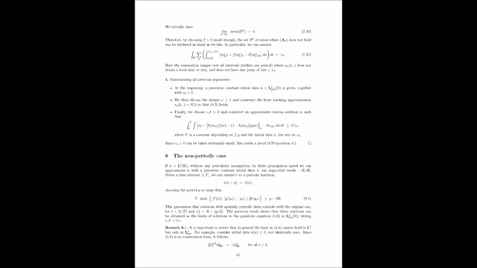Exactly. They then analyze how well this truncated profile actually satisfies the viscous conservation law. In lemma 5.2, they show that the difference between the time derivative and the spatial derivatives, those terms in the viscous conservation law, is on the order of the perturbation parameter. So the error is small and controlled by that perturbation parameter we introduced earlier. Yes. It's all coming together. It is. Now, here's where things get even trickier. Unlike standard front tracking, where the states on either side of a front remain constant,